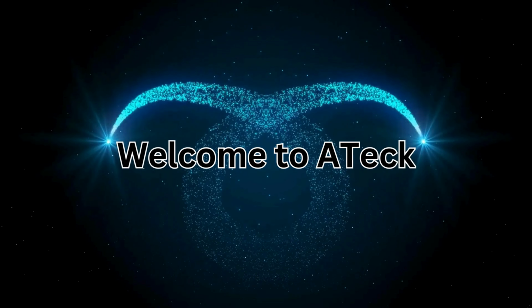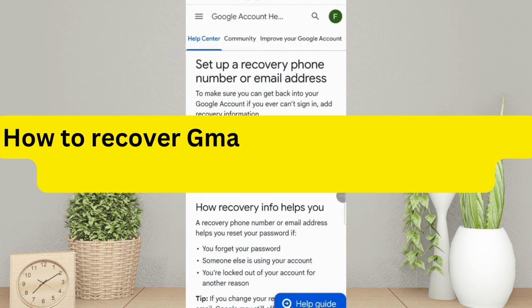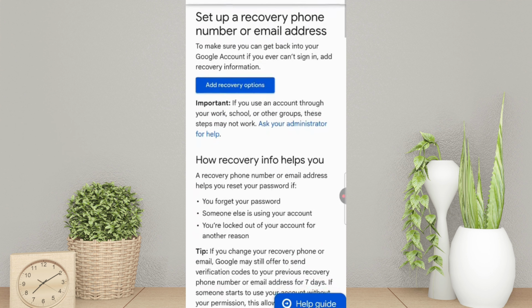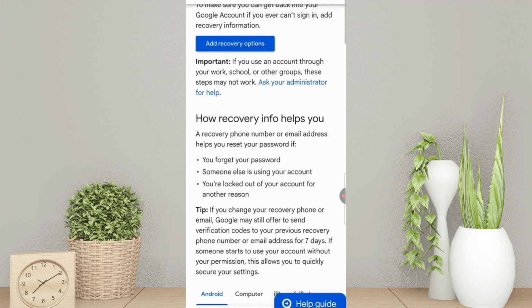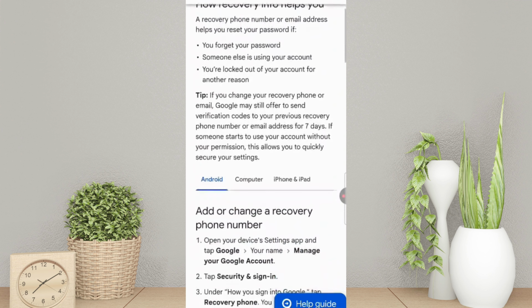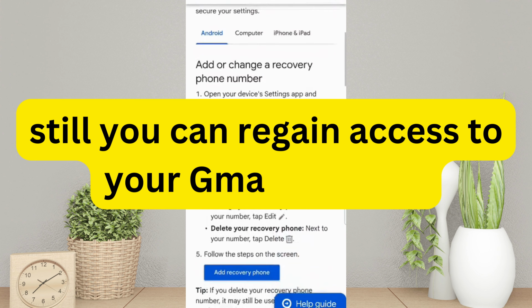Welcome to A-Tech. In this video, I am going to teach you how to recover a Gmail account without phone number, password and recovery email. In case you have lost access to your Gmail account, either someone has hacked your Gmail account or you are facing a two-step verification issue, you can still regain access to your Gmail account by following